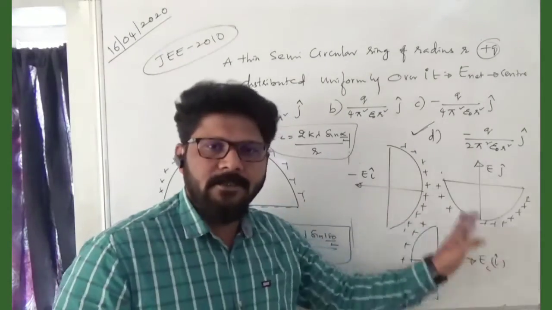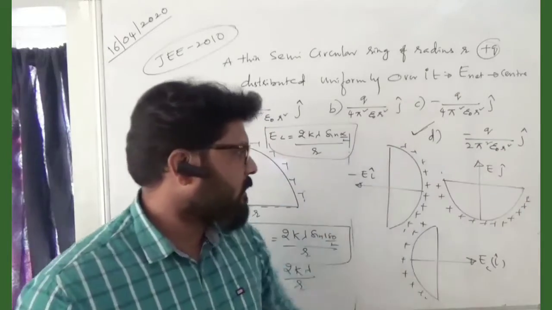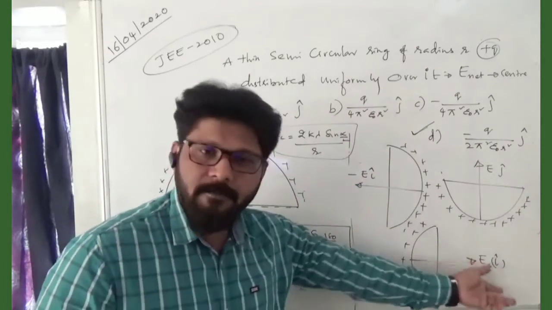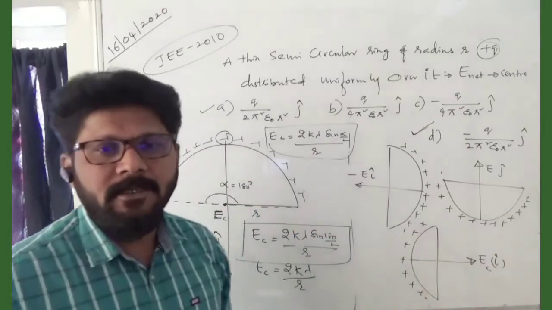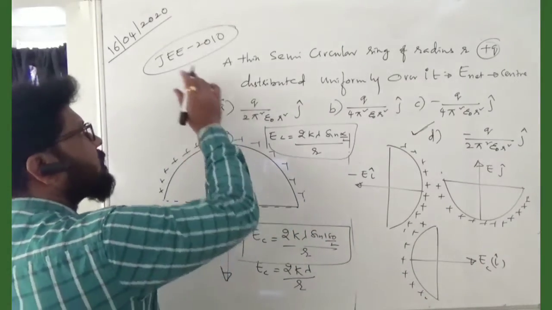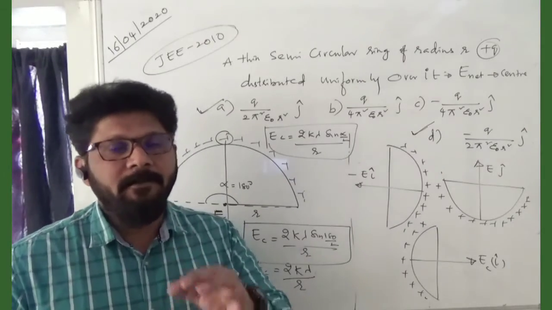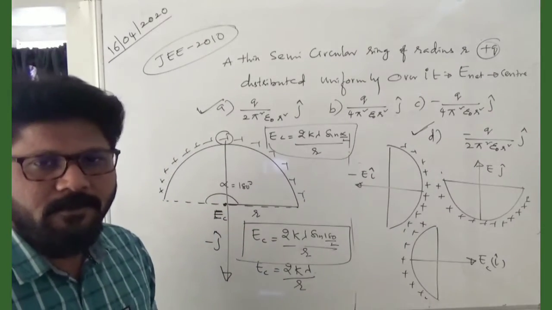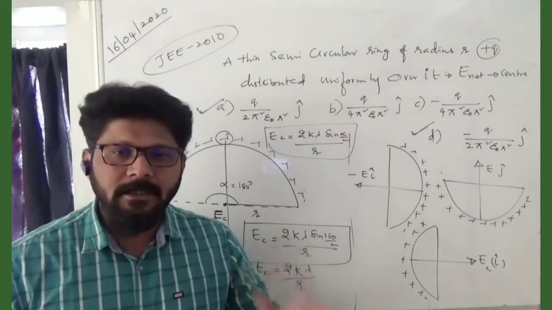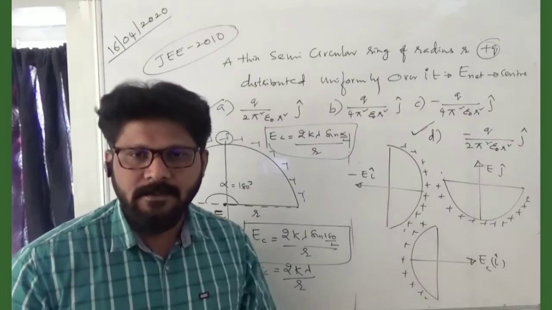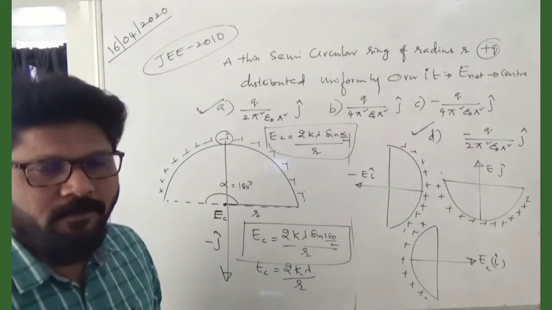You can place it like this also, away from that one, which is nothing but j cap. It may be minus i cap, that is also correct. Plus j cap, plus i cap, that is also right. That means two are the answers for this JEE 2010 question. It may be asked as a multi-correct option in advanced level, but in 2010, both were given as correct answers. We understood this, all of you?